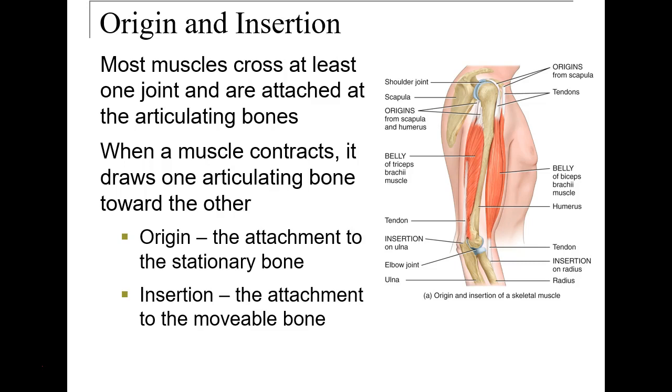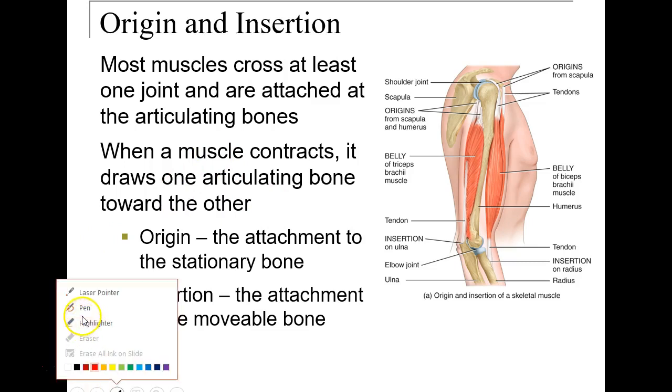We will see an origin and insertion of the muscle. So most muscles will cross at least one joint. We see quite a few that cross two. So they will produce 2 to 3 to possibly even 4 ranges of motion or actions. When a muscle contracts, it will draw one bone closer to another